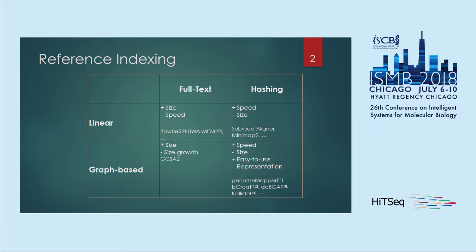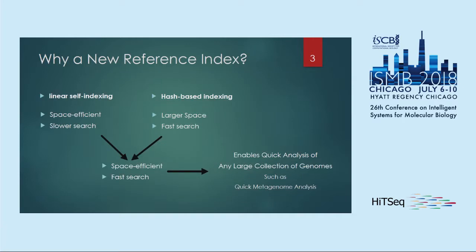quickly. Recently, there's been a move from linear-based indices to graph-based indexing, so that instead of indexing each reference independent of the rest of the references, we put all of the sequences of references in a graph, which is a natural way of representing a set of related sequences. So to overcome this trade-off of space and time between the linear self-indexing and hash-based indexing